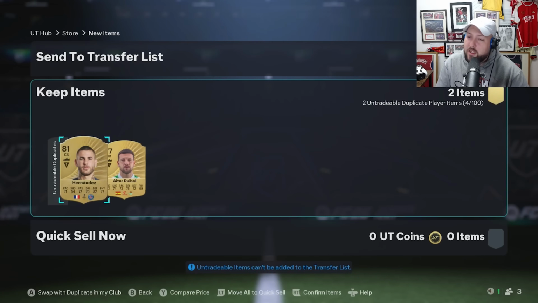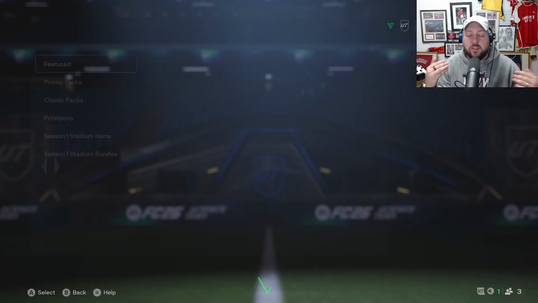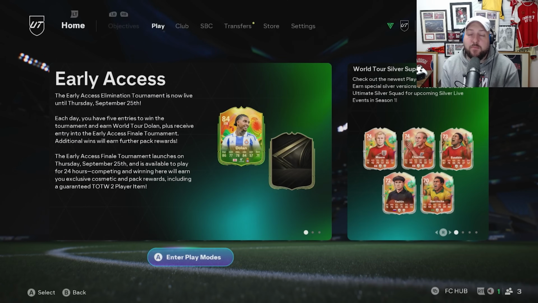Centre-back. French. We will skip it. Could be anybody at this point. Hernandez and Rubal. So let's get into the actual grind and discuss what you should and shouldn't be doing at this time. Now, immediately, the most important thing you should be doing when you get your hands on a game,